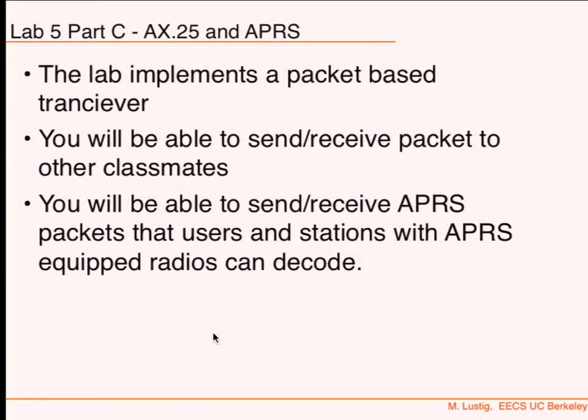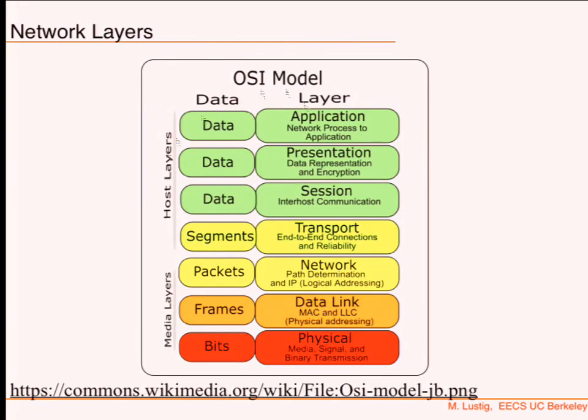So the next part really is implementing AX.25. What you did here is implement a physical layer. If you think of the OSI model for networks, you implemented a physical layer. It has the modulation, the signal, the medium, radio. The next one is a data link layer that puts that data into packets, which allows you to have some addressing, error correction, and things like that. So this part you're going to be implementing next.